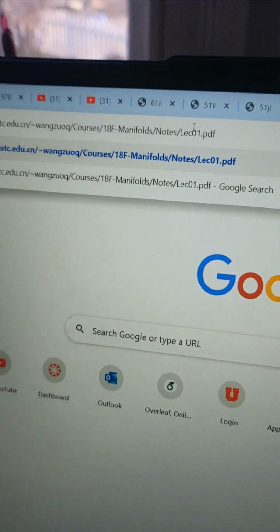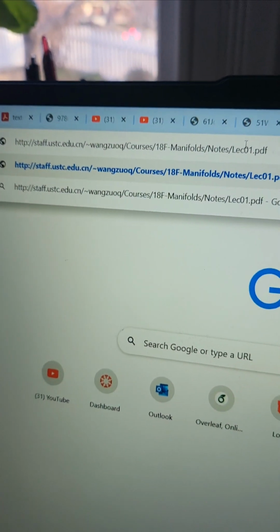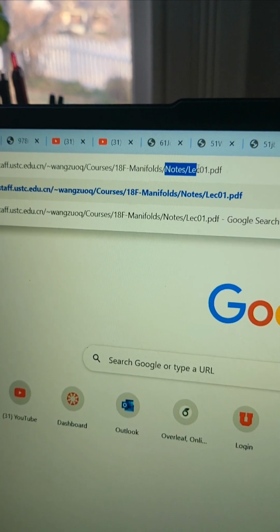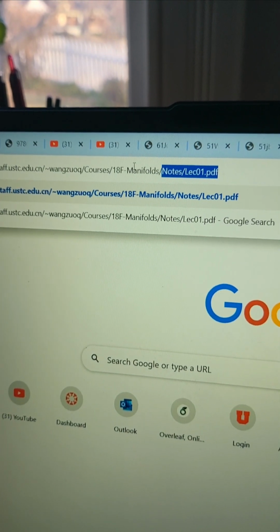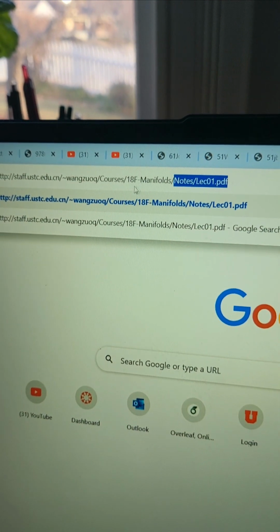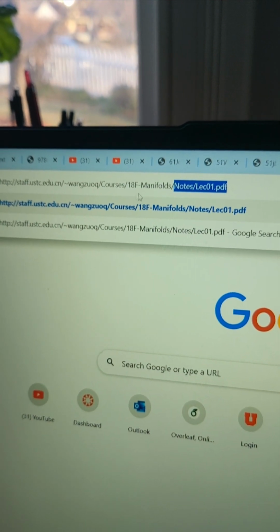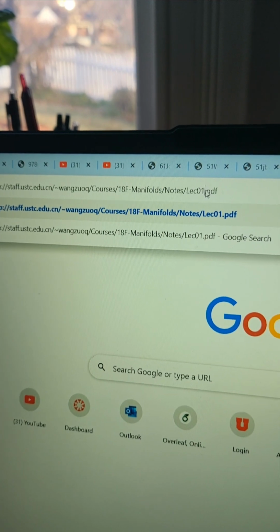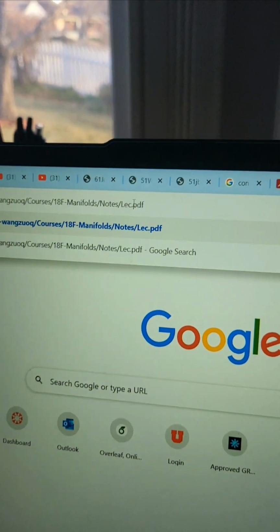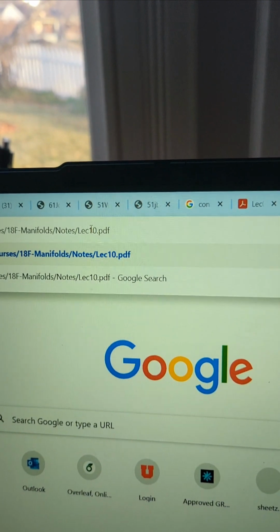So I paste it into a new tab, so you can see the link here, and then I can delete parts of this link to go to the course on manifolds. He has several course notes posted. You might want to check different years to see which ones you like best, but these are the ones that I studied from. Or you can just change the number on the lecture notes, so I could change this to lecture 10, let's say,